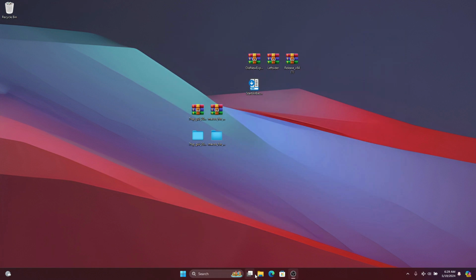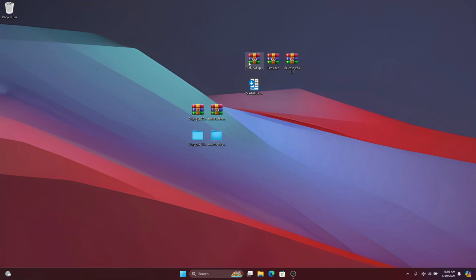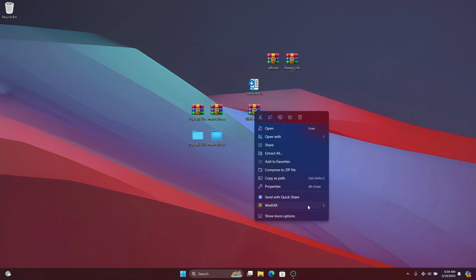So the next step we are going to do is to remove this PC logo over here and bring the closing and minimizing buttons to the left side of the screen. And to do that, I'm going to close this one, and you are going to see I provided a zip file which is called Old New Explorer. Just extract this on your desktop,